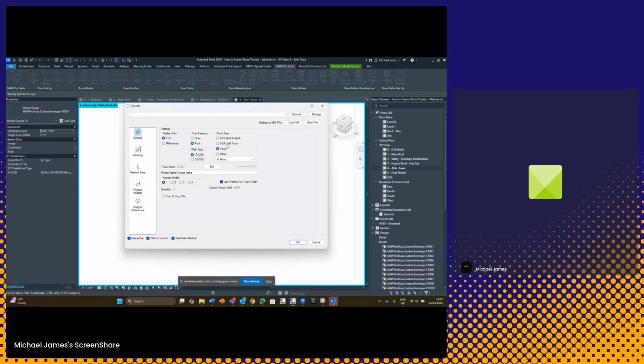For the truss type, this will affect the members that show in the member sizes. So before I define this, I'll just show you what I mean. If I go to member sizes, you'll see the available catalog. And here we have a list of,